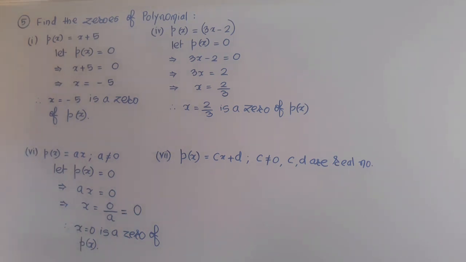Okay, so this will be the 0 of the given polynomial. Now similarly see the seventh part. Some parts I am taking here and some parts I am keeping for you, for example part number 2, part number 3, part number 5. So those parts you have to solve on your own. Now let us see part number 7.